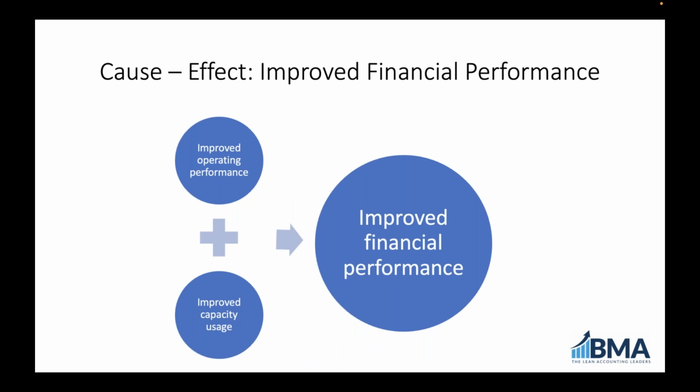So we're looking at cause and effect, okay? The effect: you want to improve financial performance. What's going to drive it? What's the cause? Improved operating performance and or improved capacity usage. So it doesn't work the other way around, okay,